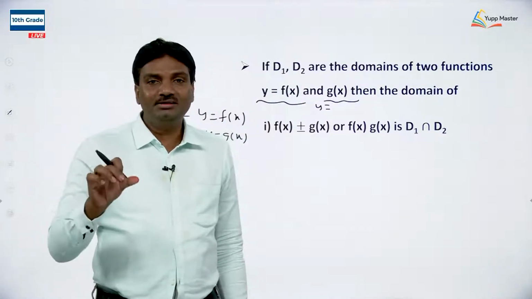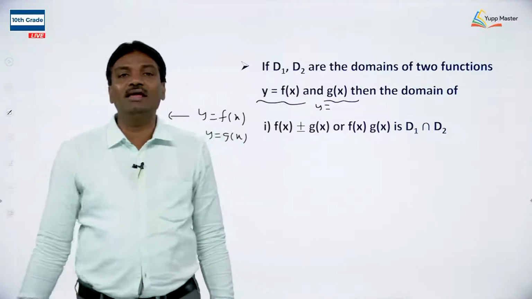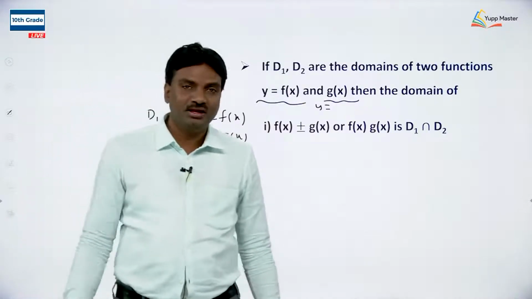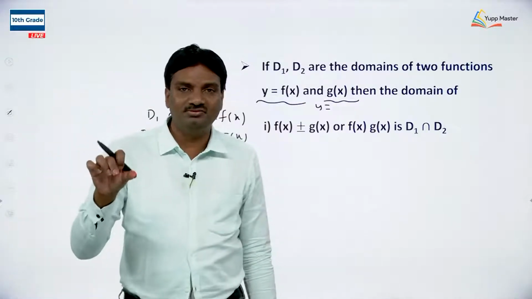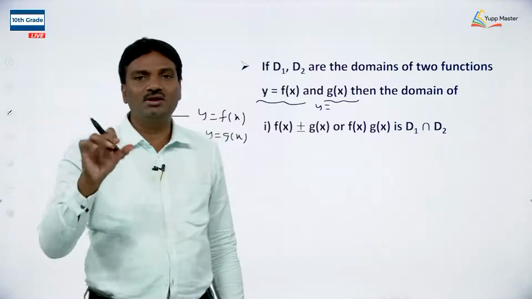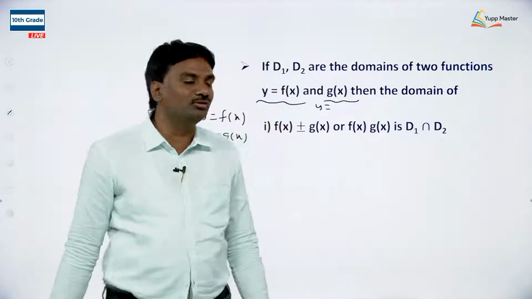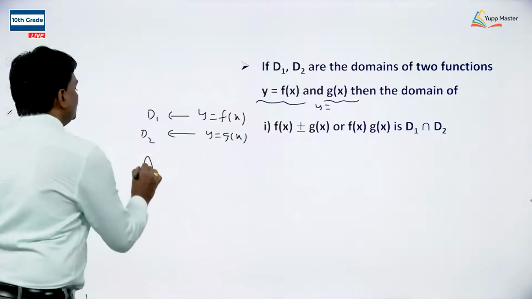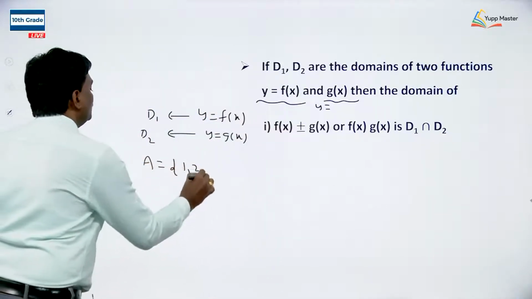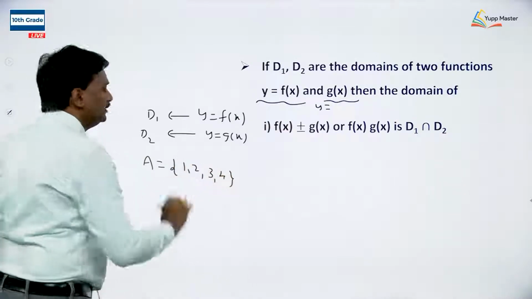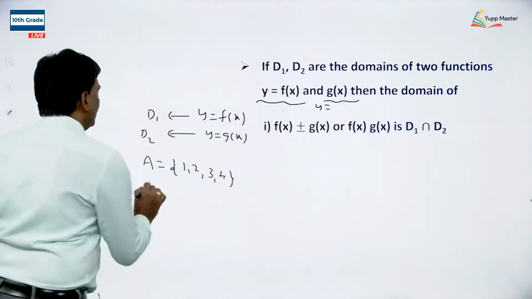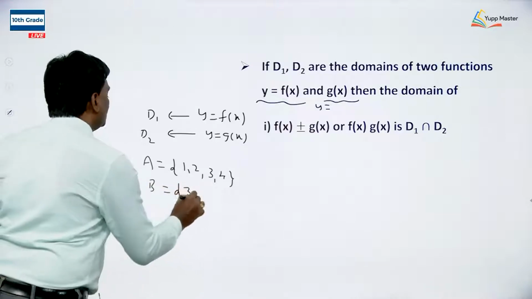We know intersection means we have to write the common elements of the given two sets. If A and B are given sets, to write the intersection of those two sets, we have to write the common elements of both A and B. So, suppose that A equals {1, 2, 3, 4}, and suppose that B equals